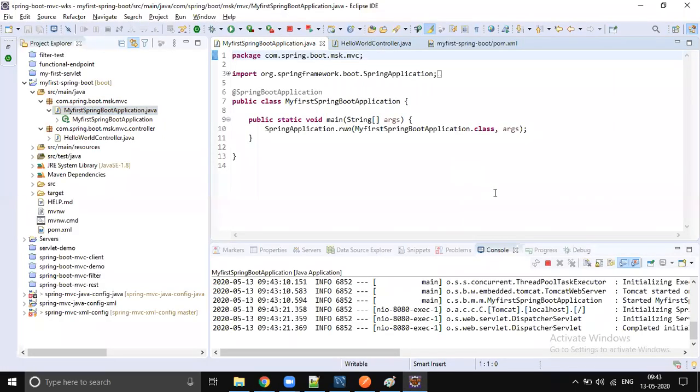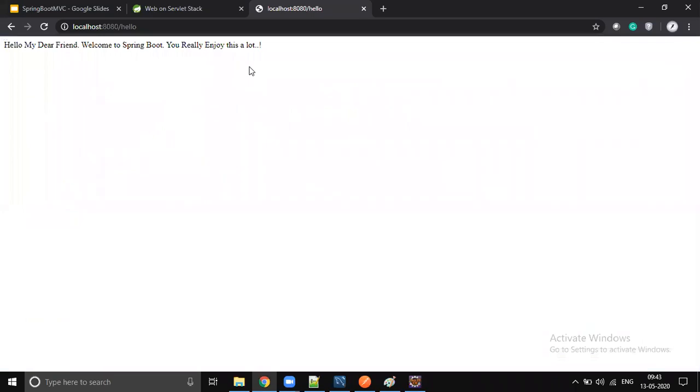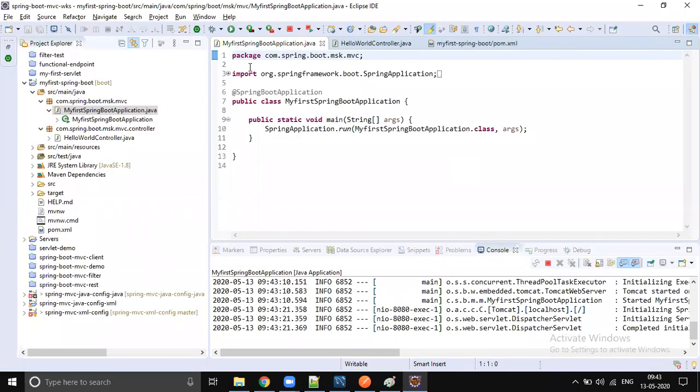Does it have an embedded Tomcat? Yes, I will cover that. We will discuss what is happening in the background. But at a very high level, it looks like no server, nothing, but you send the request and you get the response. So it looks like we don't have any server, but that is not the scenario.